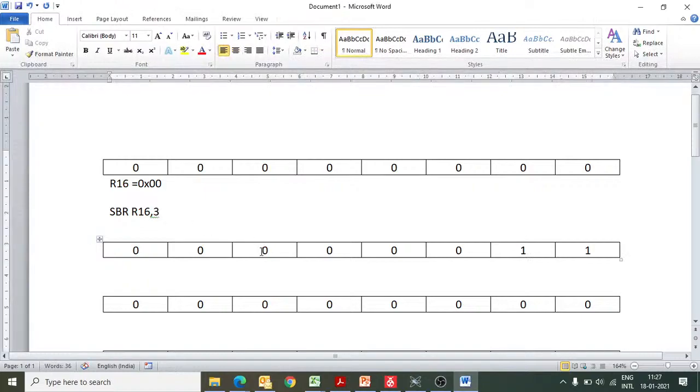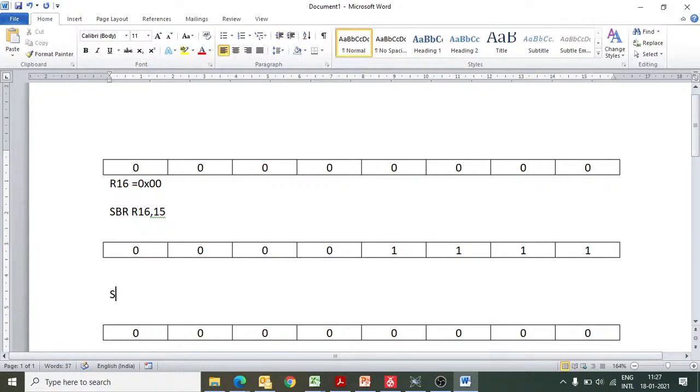If I write 7, what will happen? It will become 0 0 0 0 0 1 1 1, because this value is 7. If I write 15, what will happen? This will also become 1.